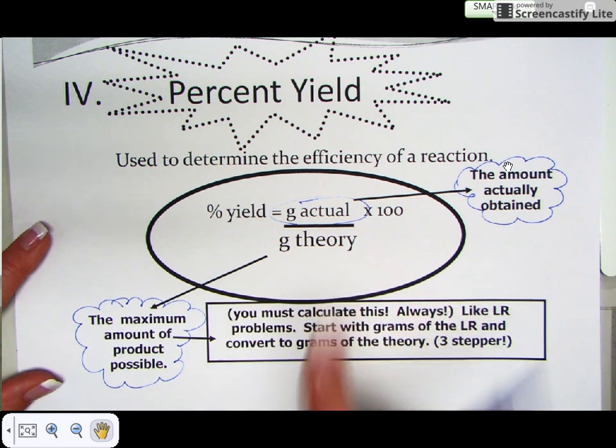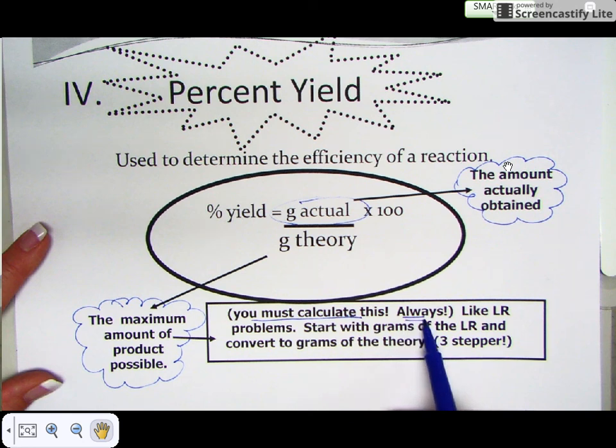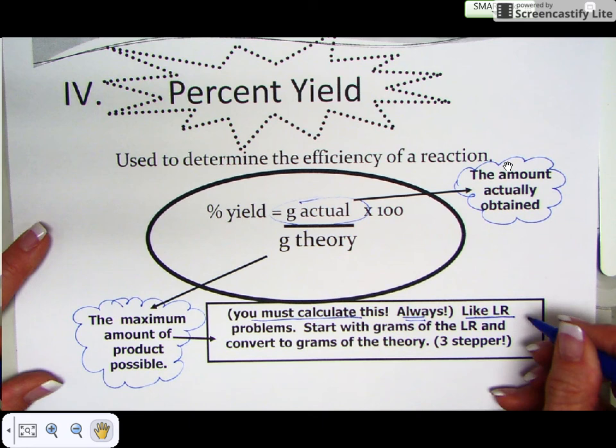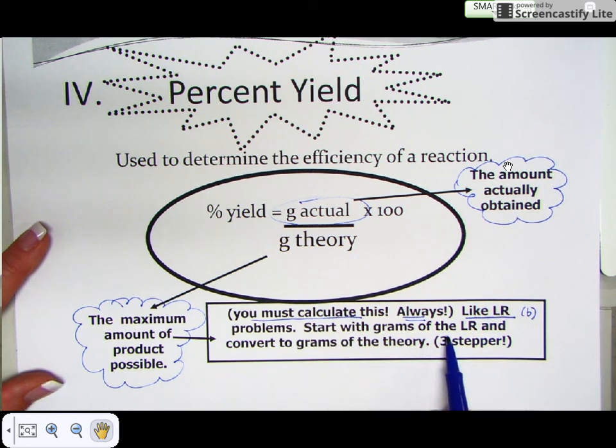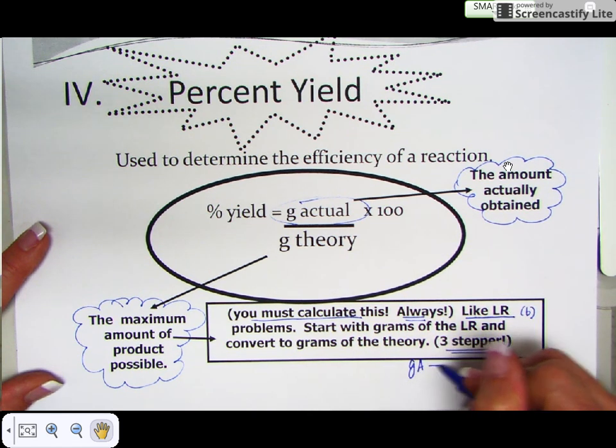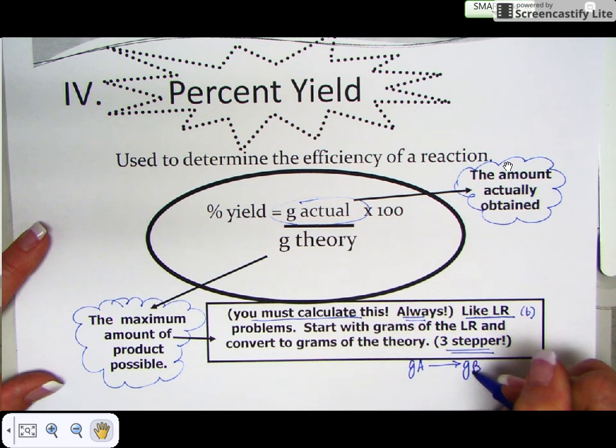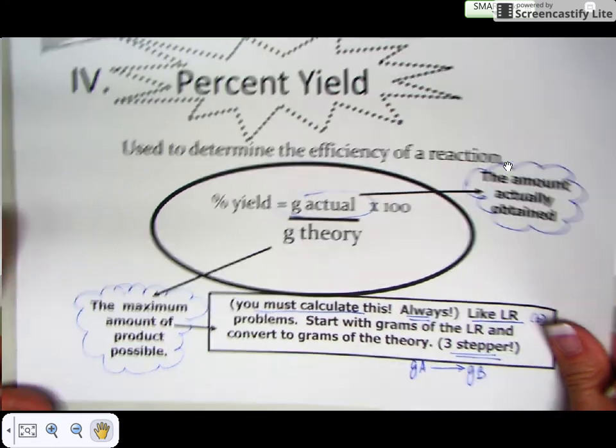Now, we have to always calculate grams theoretical. That's the always thing. You've got to calculate it. And it's just like what we just did in the limiting reactant problems for those part Bs, where we start with the limiting reactant and then convert it to grams of the theoretical substance. This will be a three-step conversion, a grams of A to grams of B problem. So let's look at an example